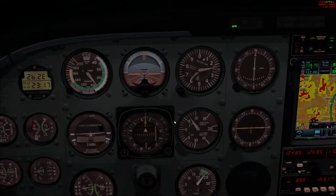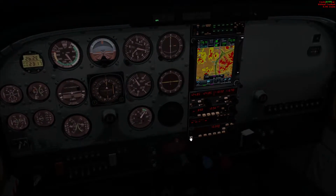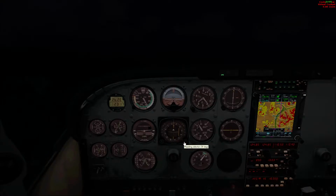Okay, we gotta add in some power because we've been climbing. Let's pull back on the props. I mean the mixture. Let's get it leaned out, behaving properly. Okay, I think we're doing all right. Let's see where our heading is at. Get a little correction here. And we can put this back on in heading mode. And all should be well,